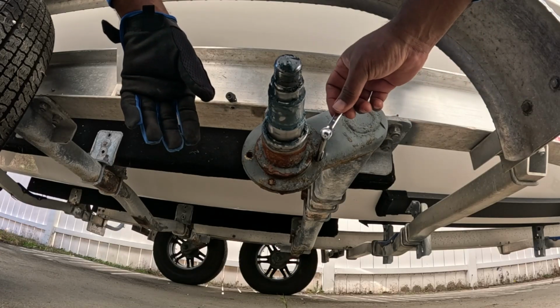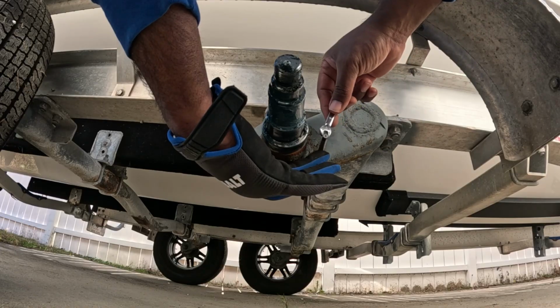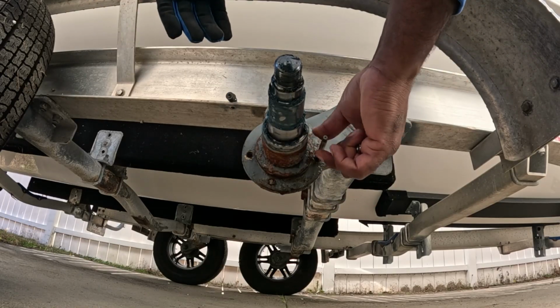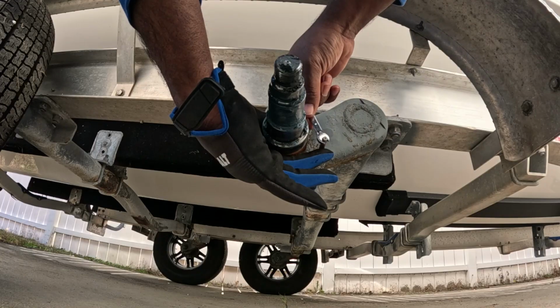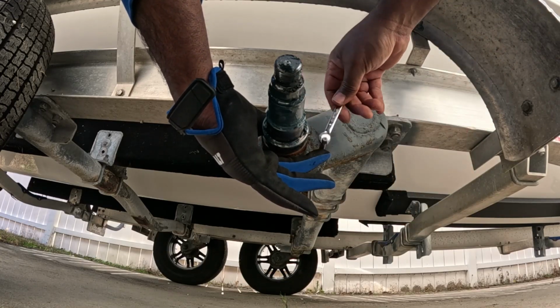So all I'm doing is just like so. Just make sure it's straight and just twisting it in. As you can see, I've already started, so I can do that part by hand, but I'm just twisting a little bit, and you can feel it when it starts getting tight. Right now it's pretty easy to turn,